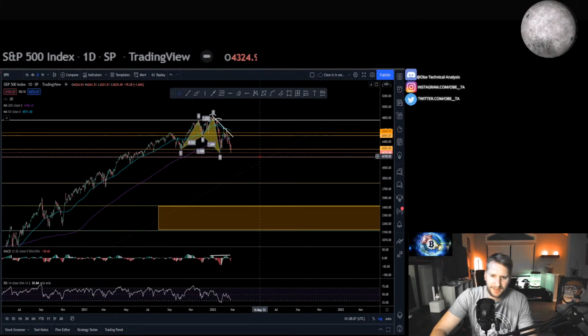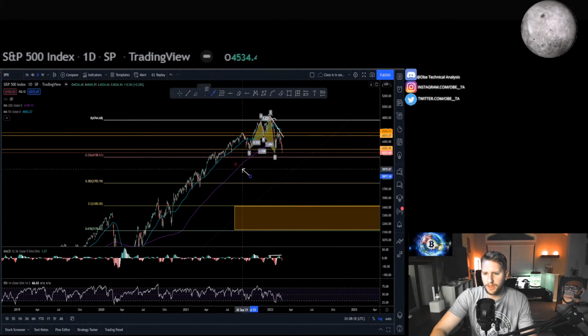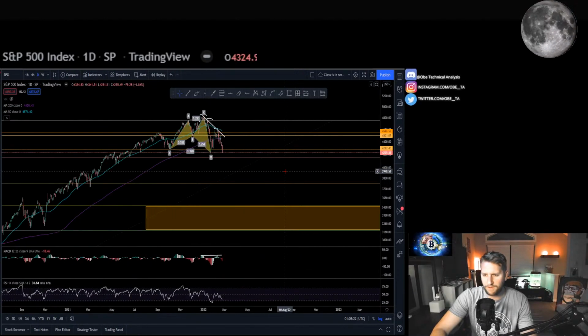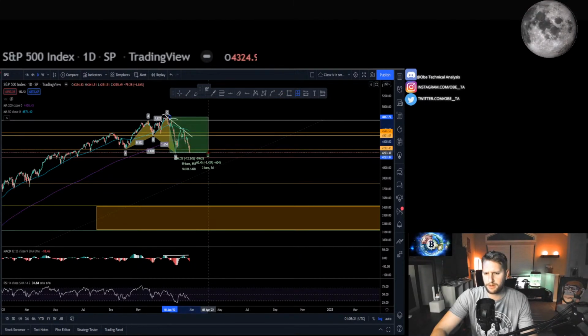Next support on the daily, at least, maybe down here, 4,060, something like that. And the 236 is kind of confluent with this little divot right here. That's at like 4,150. So at that point, does that officially put us in a bear market? Where are we at right now? Hold on. We're down about 12% right now.